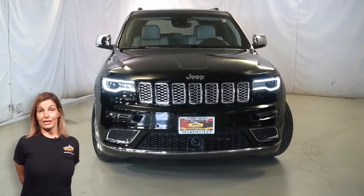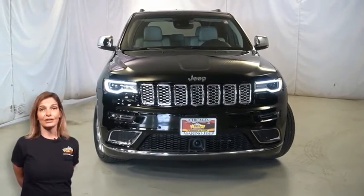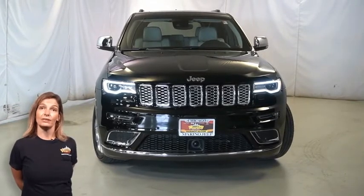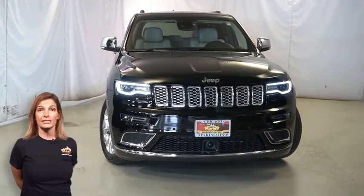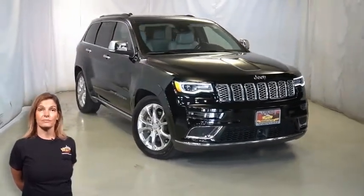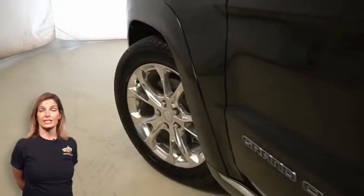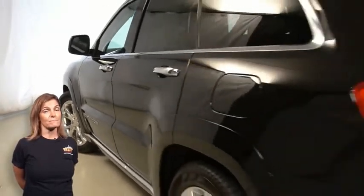Looking for a highly equipped SUV with every luxury option you could possibly imagine? Take a look at this certified pre-owned 2019 Jeep Grand Cherokee Summit in diamond black crystal pearl. With LED daytime running headlamps, premium LED fog lamps, 20-inch fully polished aluminum wheels, heated exterior mirrors, LED tail lamps,